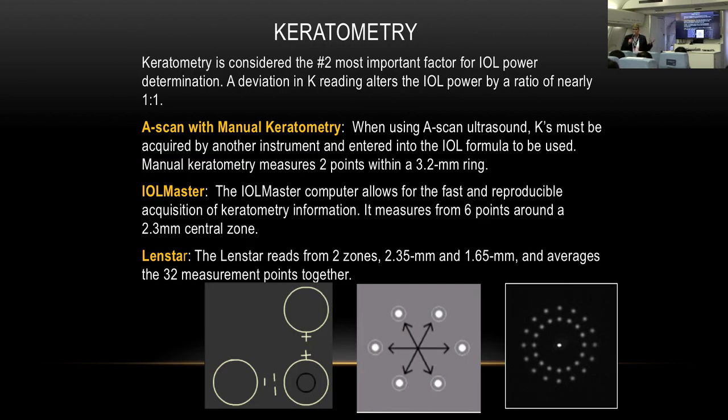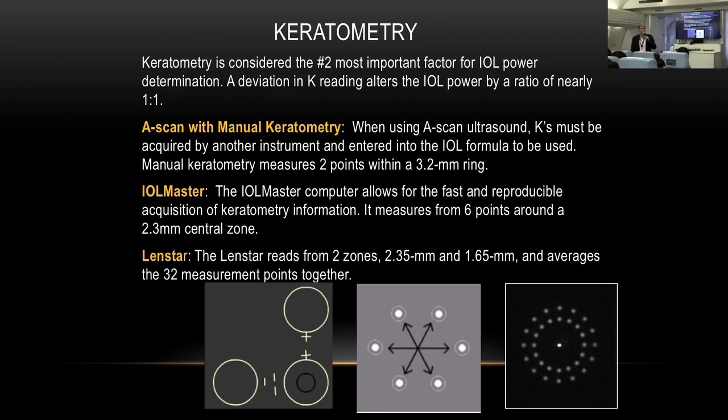So the second most important measurement that we do that's part of optical biometry is called keratometry. And the readings you get when you're checking keratometry correlate to the postoperative refraction on a 1-to-1 basis. That is, if you make a 1 diopter mistake doing keratometry, you're going to leave the patient with a 1 diopter mistake after the cataract surgery. So there are some different ways of getting keratometry. Of course, if you're doing A-scan ultrasound for your biometry, you're going to have to get your keratometry from a different method, either an autorefractor or an autokeratometer or a manual keratometer. So you get that reading from someplace else and you plug it in to the A-scan machine to do